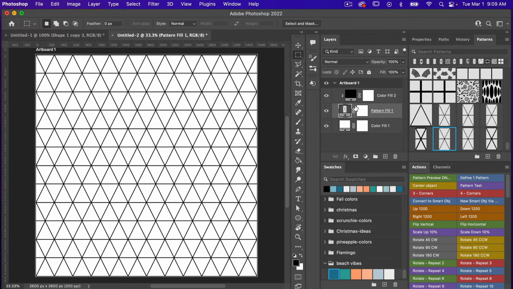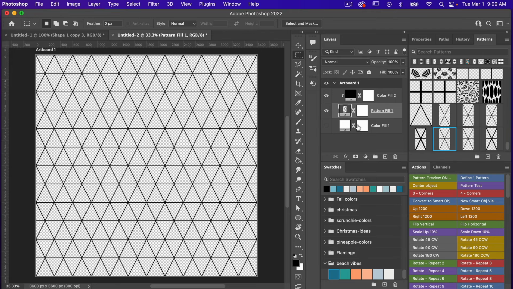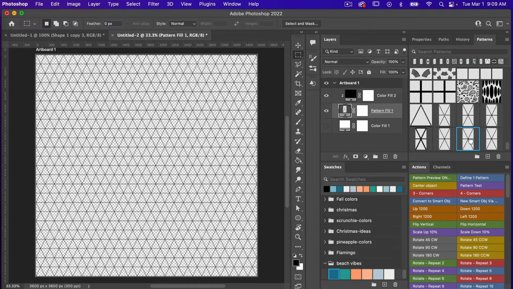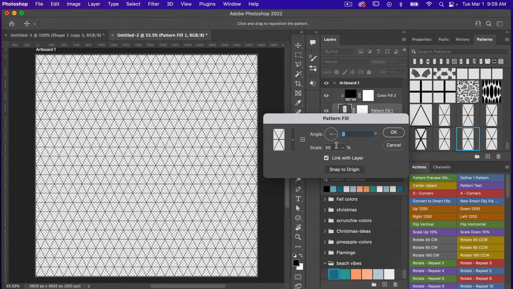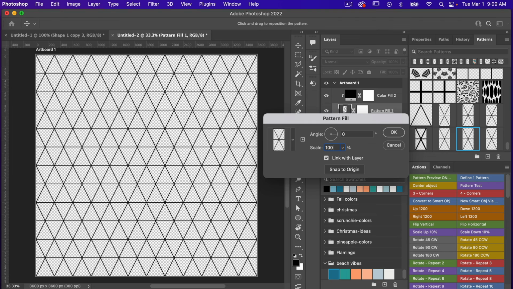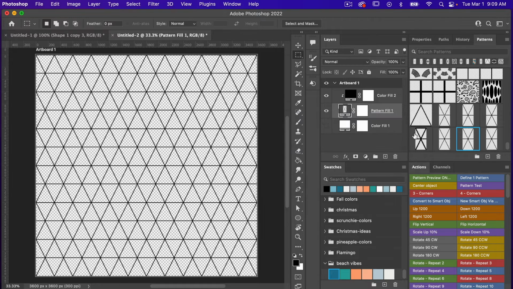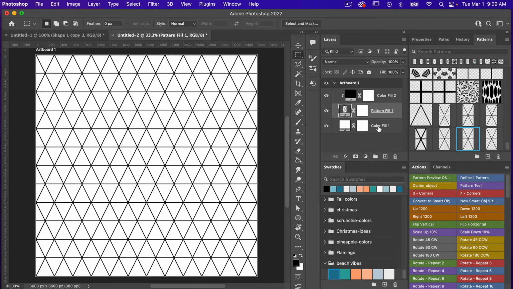Because we scaled down this pattern, I'm going to go ahead and turn off this color fill layer, and I'm just going to define this pattern at this scale. And then if we click on this new pattern, we see that it gets smaller. We'll jump back up to a scale of 100% here, and we have a new swatch saved at the scale that we like. So we can turn on that background layer again, and then let's go ahead and pick some